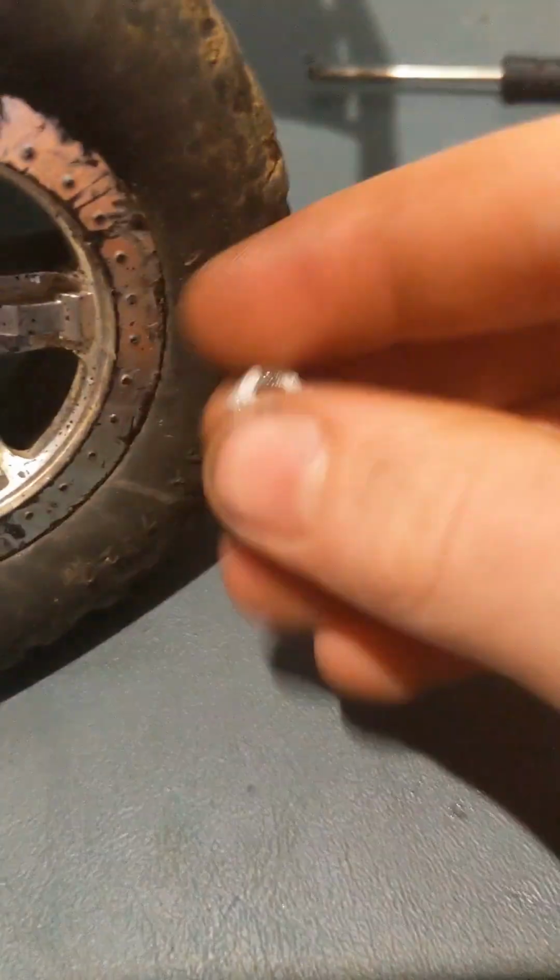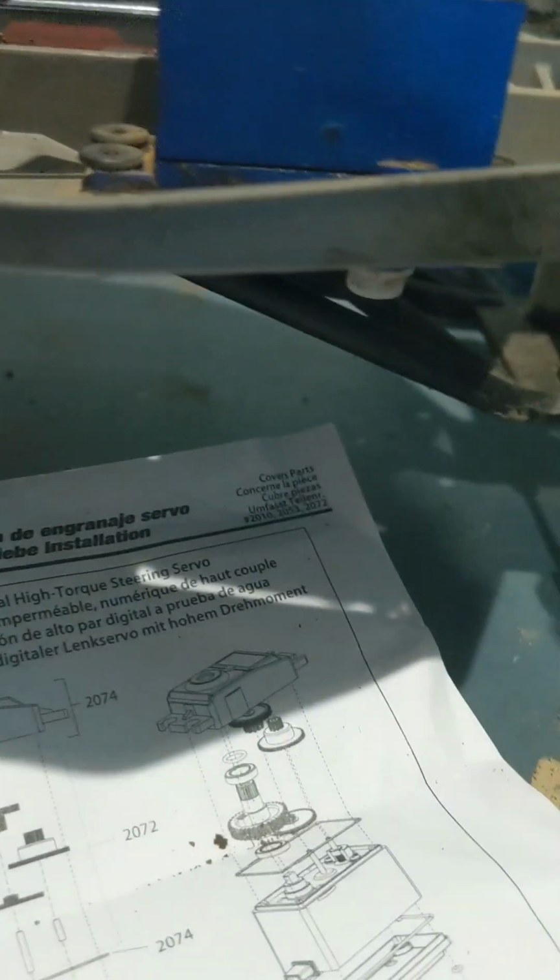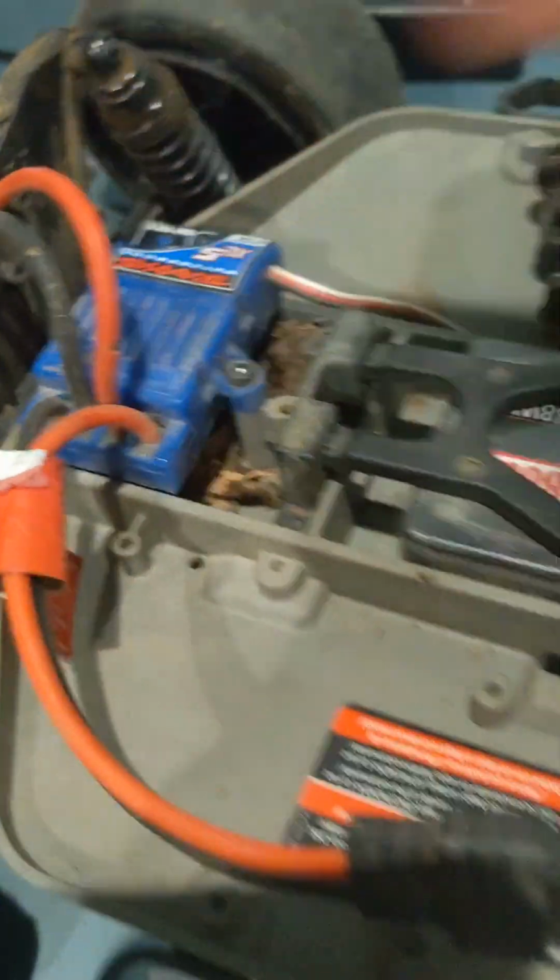Watch that gap there, because I don't know if that's gonna close. Yeah, I think that's pretty good. Close enough for me. Alright, now that's back together, you want to take that servo saver gear and put it right on the bottom and just push it in. Just like that. Now what you want to do is you want to turn the color back on, turn the